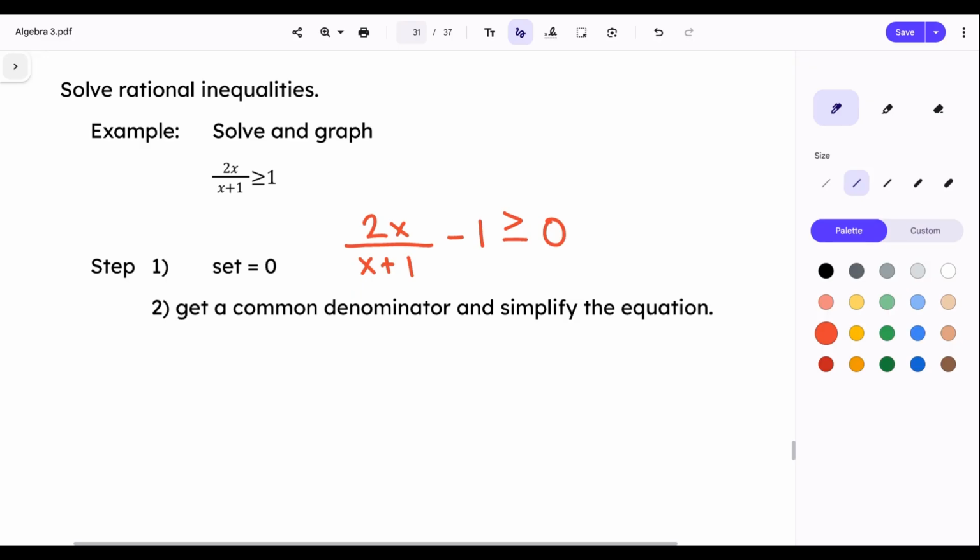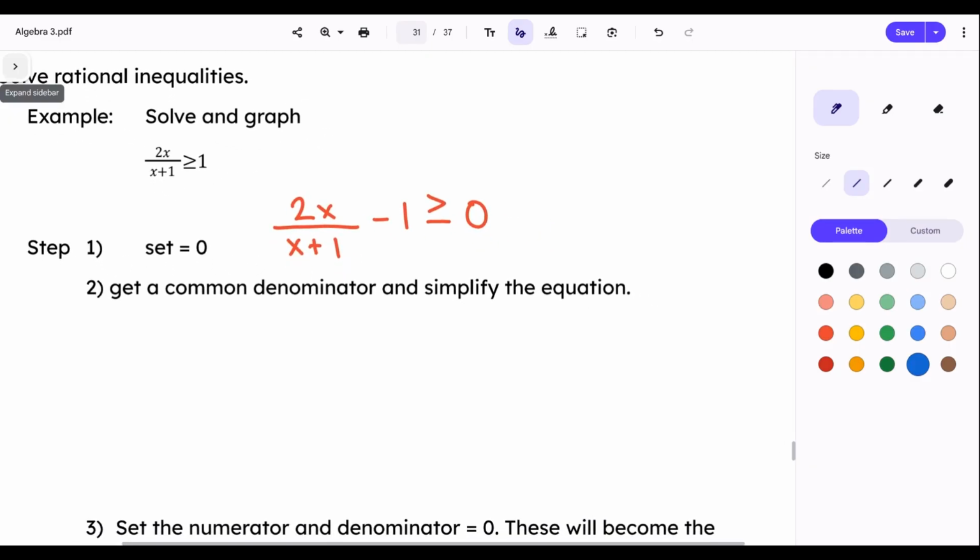Step 2 then is to get a common denominator in order to simplify this. So in the past, when we worked with rational expressions and we had to add or subtract them, in order to do that, we needed to have common denominators. So we need to think about how would I make these two fractions look like each other. Now the first one has that denominator of x plus 1. So my LCD, I'm just going to write this off to the side here,